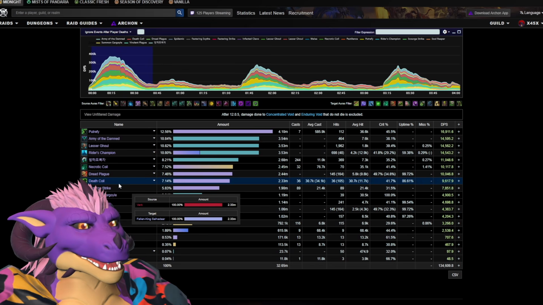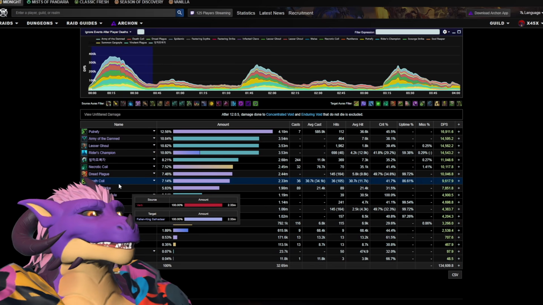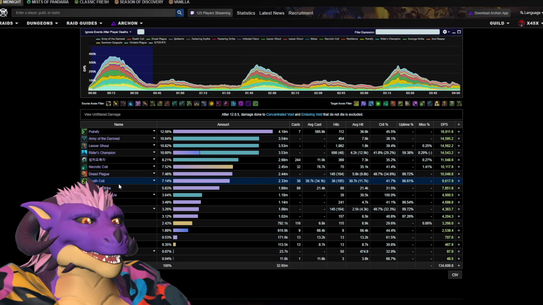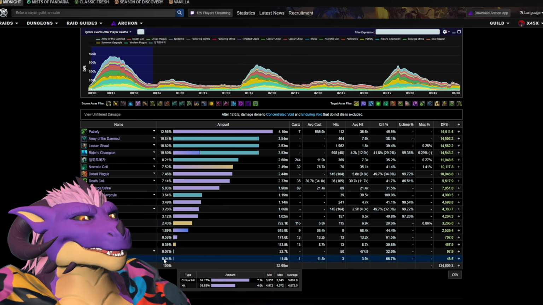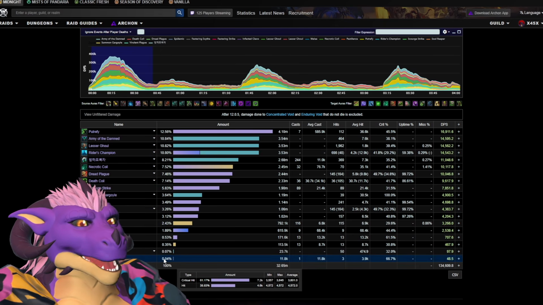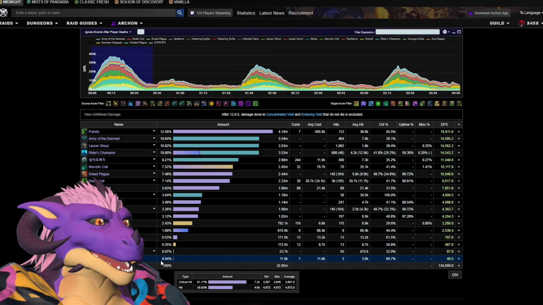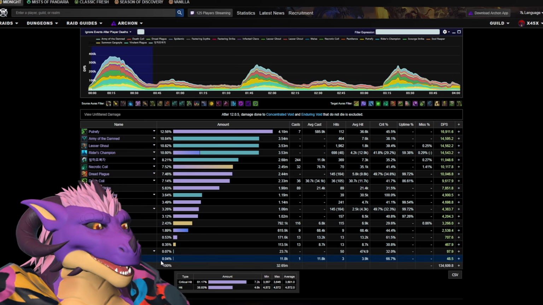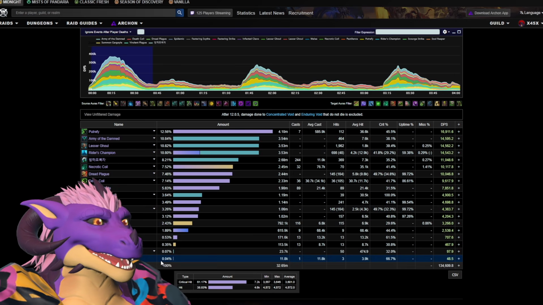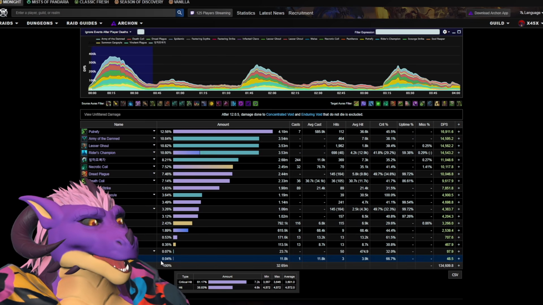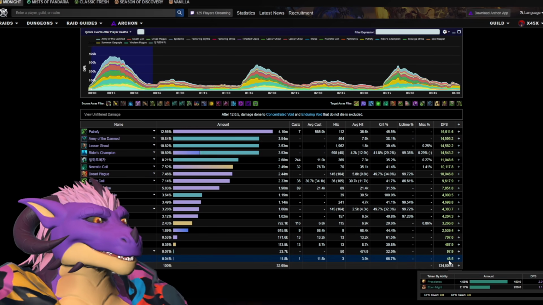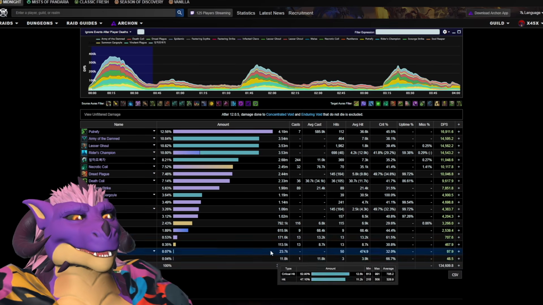And look at how much more Necrotic Coil and Death Coil are contributing in a more single target oriented fight. Epidemic down here is pressed one time in the entire fight. So we're not even pressing Epidemic unless a rare scenario where Epidemic would do more damage pops up. And this might have been a fumble, a misinput, right? It did 48 damage per second. So we're going to assume probably a fumble.